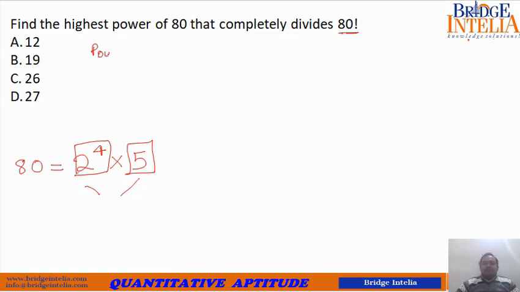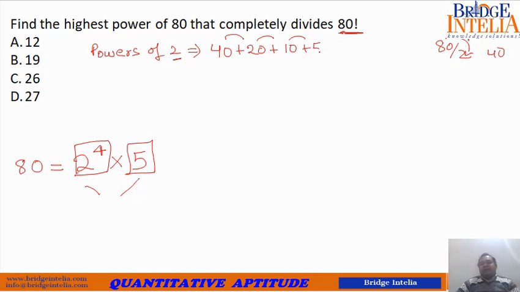So let's see how many powers of 2 there are in 80 factorial. So divide 80 by 2, 40. Now to find the next number, keep on dividing by 2. 40 by 2, 20. 20 by 2, 10. 10 by 2, 5. 5 by 2, 2. 2 by 2, 1. So these many powers: 40, 60, 70, 75, 78 powers. How many powers of 5 are there?